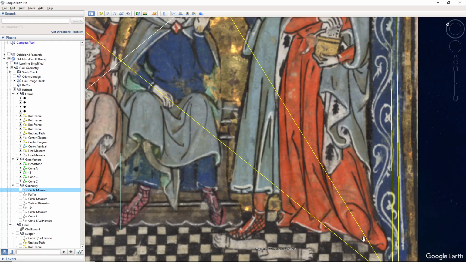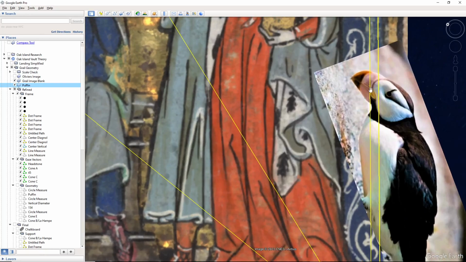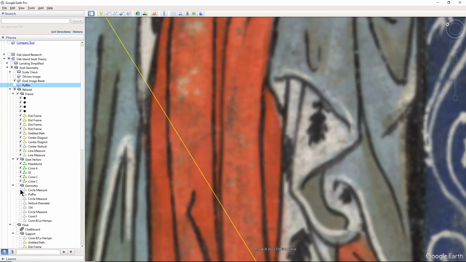This picture that he said was basically pareidolia, and it looks like a bird. And one of the commenters on his video early on commented that this bird looked like a puffin. And puffins are only found in North America. So here's a picture of a puffin, and you can see it has the similarities. But if you look too, there's a little tick mark coming off of this beak. So what was done